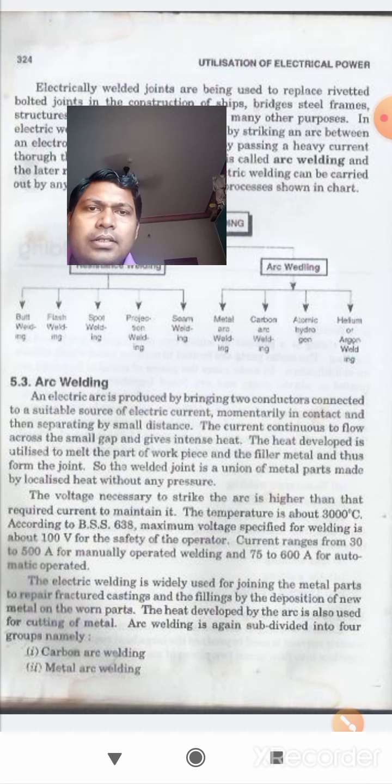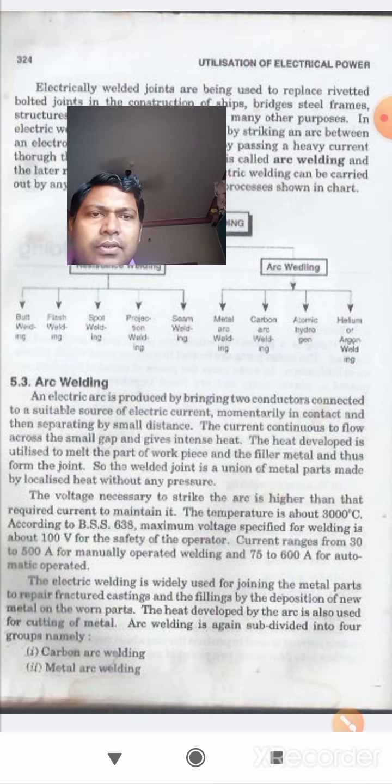Now students, the heat developed is utilized to melt the workpiece and the filler metal and thus to form the joint. So the welding joint is a union of metal parts made by localized heat without any pressure. The temperature created by this arc welding is around 3000 degrees centigrade, and about 6, according to BSS 638,